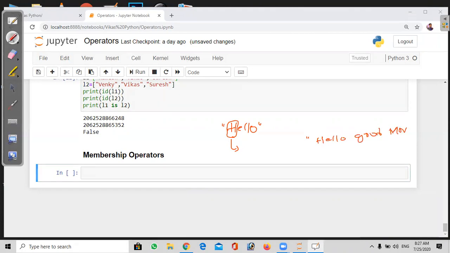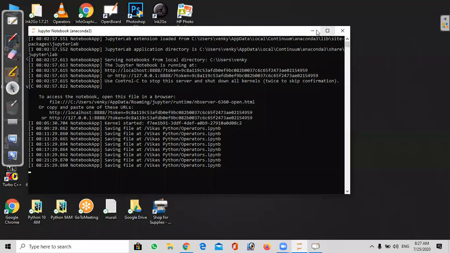For example, I have a string like this one. If you want to find whether a particular word is available in the given string or not, how do we use it in our Word document? I'll show you.